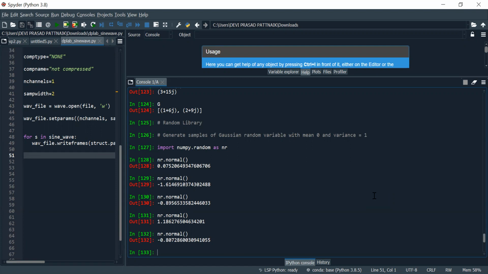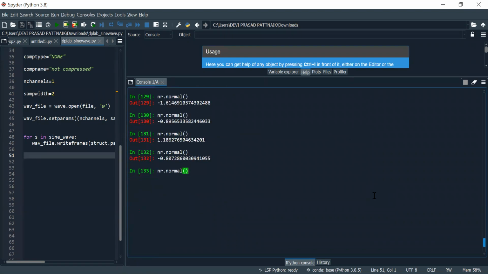So explicitly, we can specify the mean in the bracket of nr.normal. The first argument that I have written happens to be the mean. Then you can have the standard deviation next.